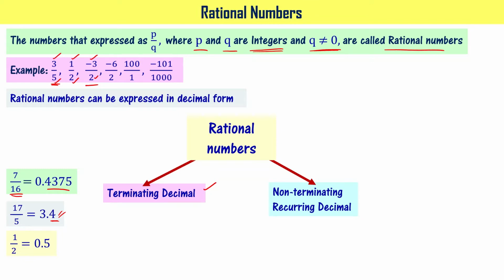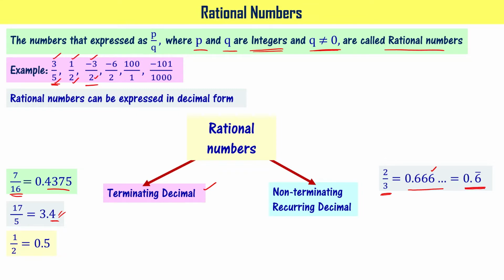When it comes to non-terminating recurring decimals, you see 2 by 3 is a rational number. When you express it as a decimal number, what you get is 0.66666 and so on, meaning you can write as many sixes after this. In the short form, it is represented as 0.6 with overbar on 6. It means 6 is repeating infinitely many number of times. Got it? And since only one digit, that is 6, is repeating, that's why this particular decimal form is said to have